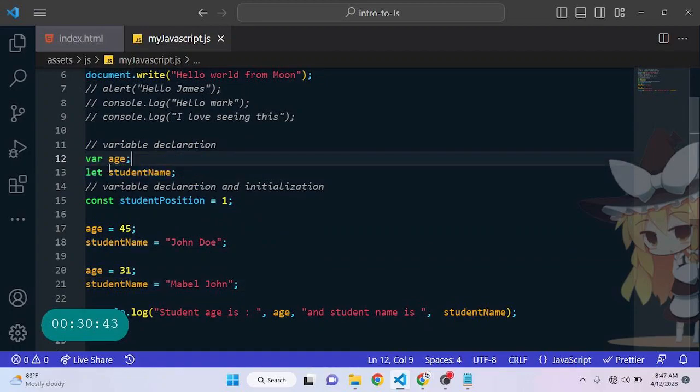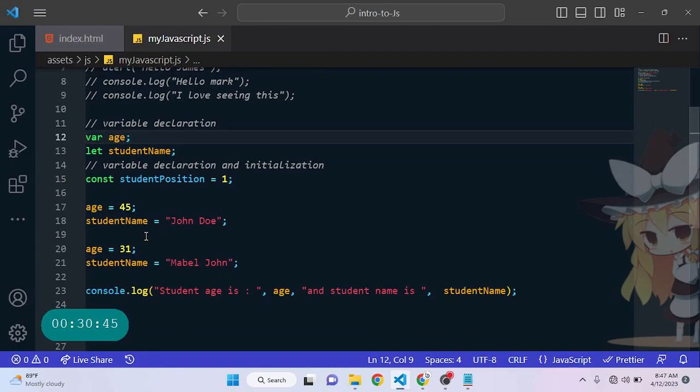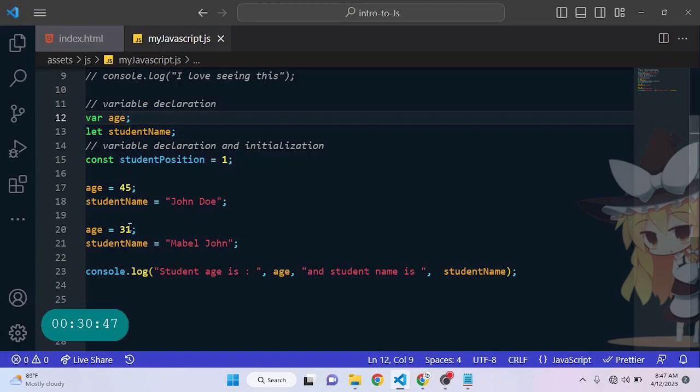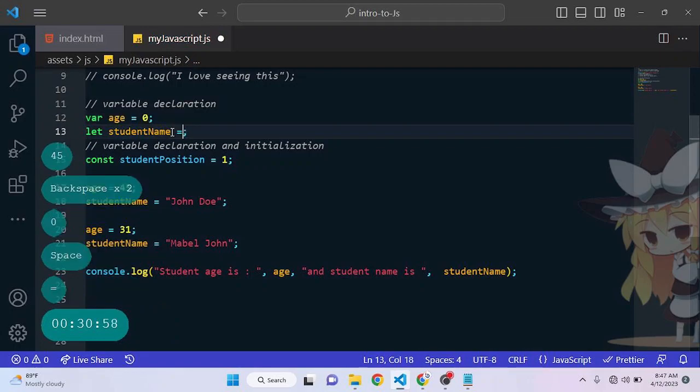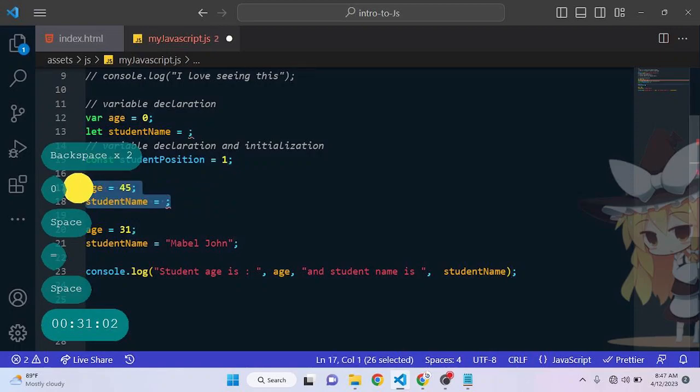So this is how you declare your variable with what? A keyword, either var, let, or constant, and you assign your value to it. You can see that. And at the same time, you can even declare and initialize at the same time. Maybe I can just put the initial value to be 0 or anything, and I want this initial value to be John Doe, this guy here,